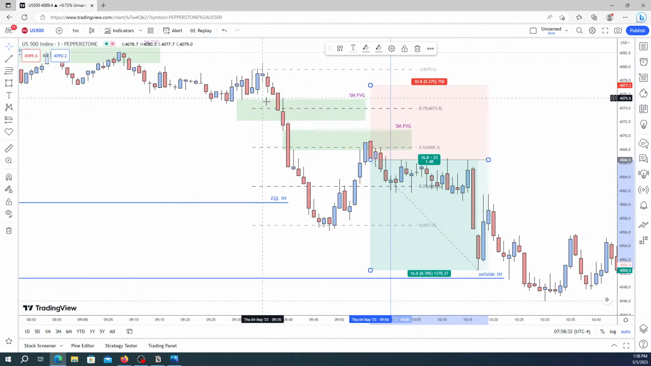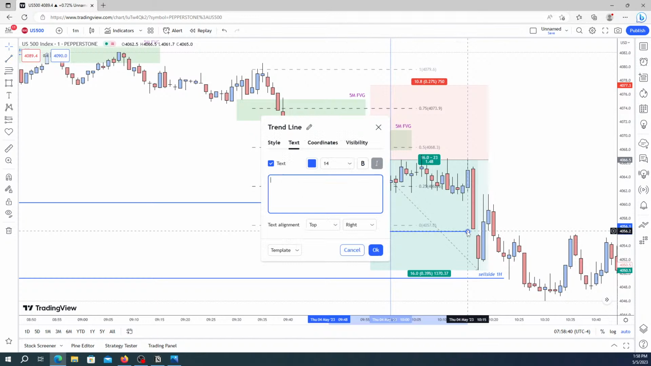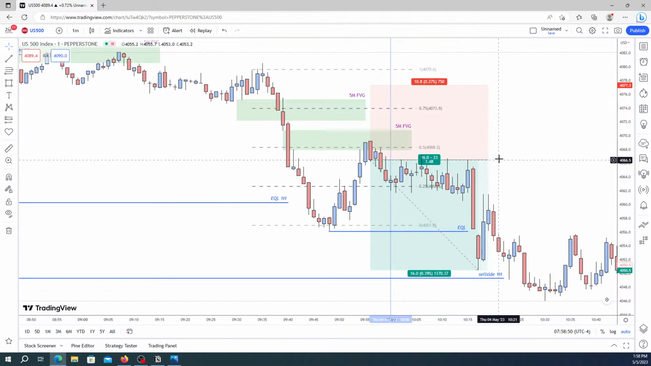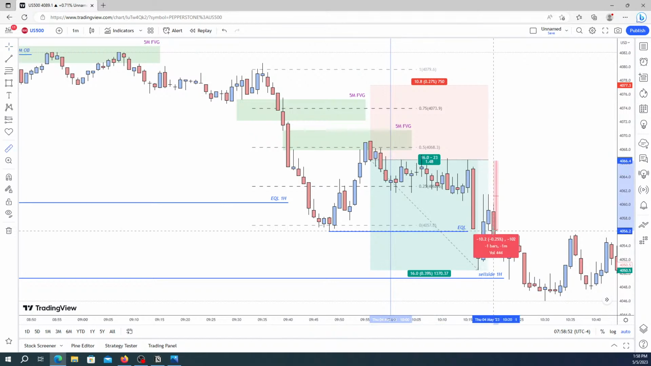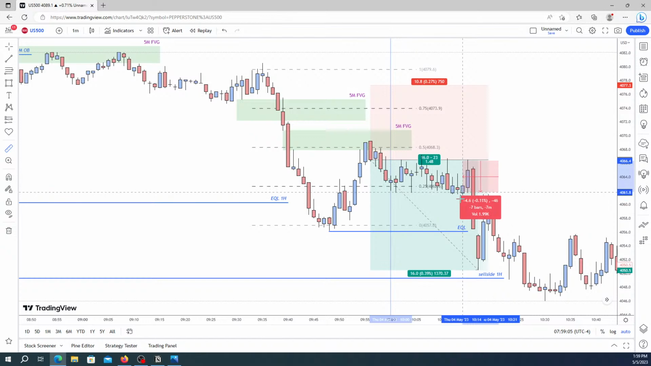Down there, and obviously the first partial would be there, so let's mark this at these equal lows, and that would just be equal lows, which would be a partial point. From the entry it would be 10 handles, so that would be a partial. If you are trading for 5 handles, then below this would be a partial right there. That would be a partial at 5.8 handles,